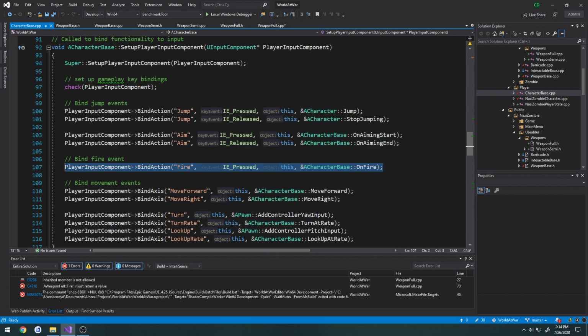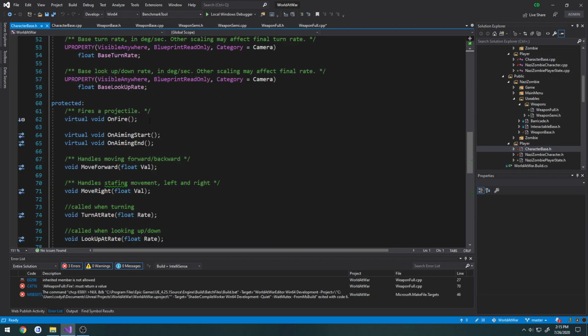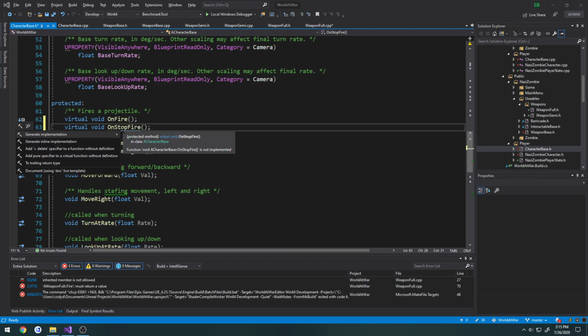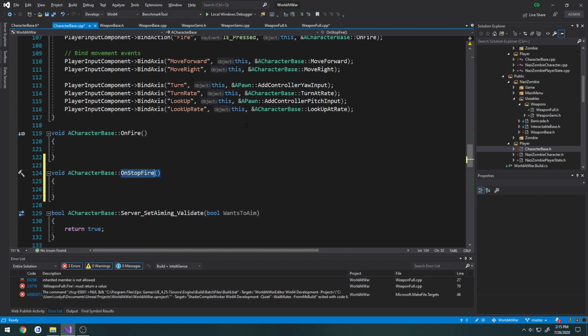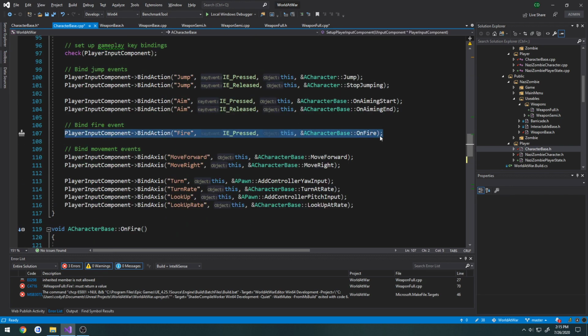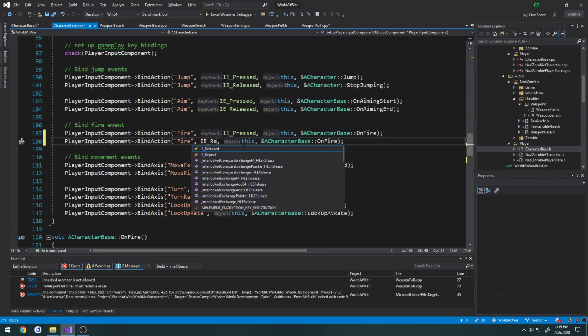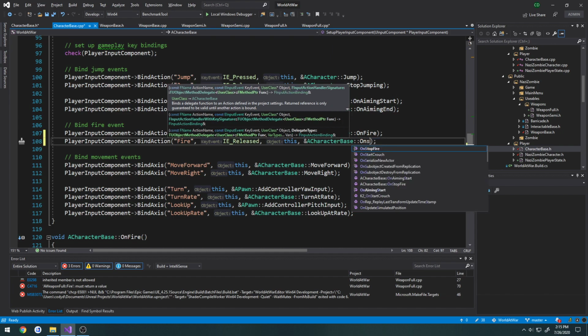We have our fire. We're going to create another one for on stop fire. So let's go to character base.h. Go to wherever our fire function is. So on fire, do virtual void on stop fire and create the implementation. And we're going to set fire. I'm going to paste it in. We're going to change it from IE pressed to IE underscore released. Change it to on stop fire,